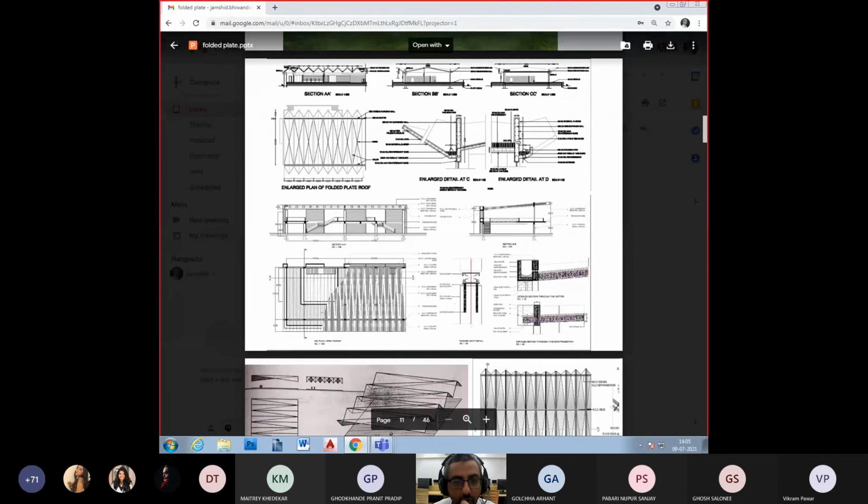But naturally, you need to work with the folds with a certain slope to be able to drain off rainwater, and it works best in that sense. We've seen numerous students work with origami, that is folding of paper, to come up with very brilliant forms for conceiving of folded plate structure, and it has worked well. So for people whom origami interests, to work with their hands, let me tell you, folded plate structure is something they should look forward to.